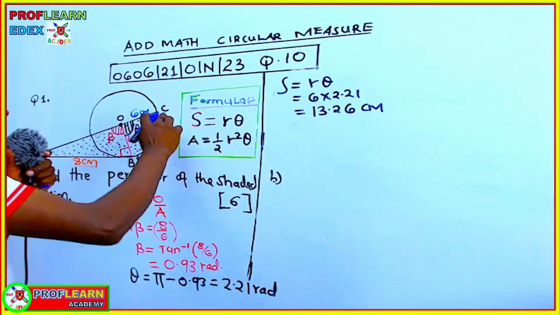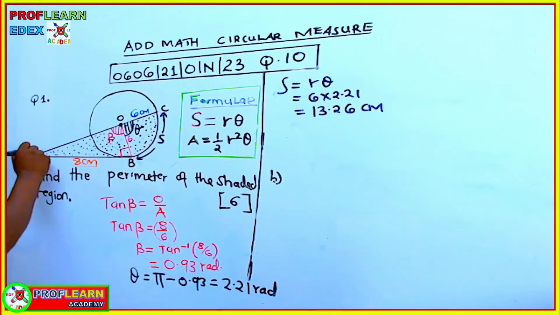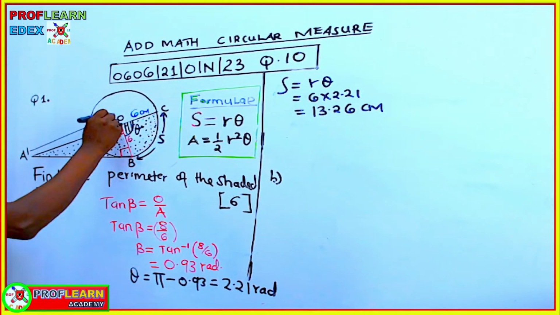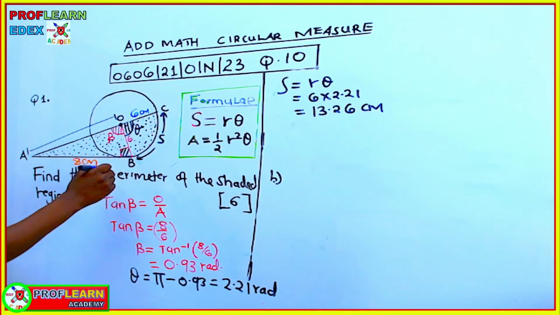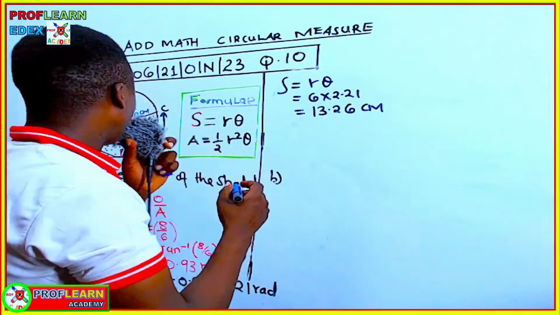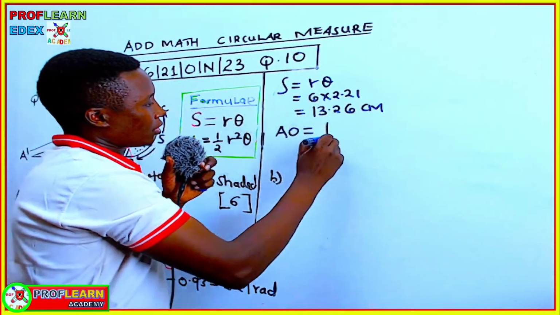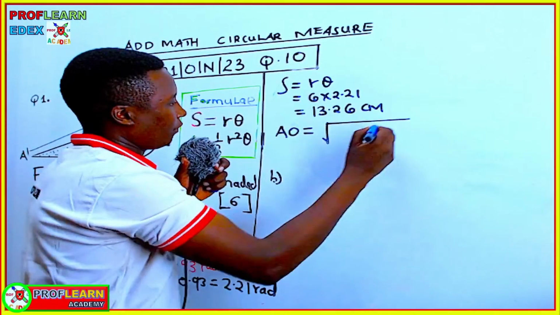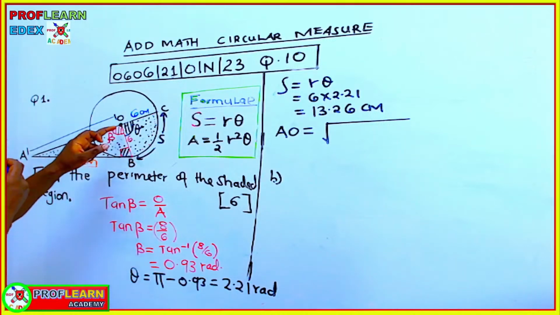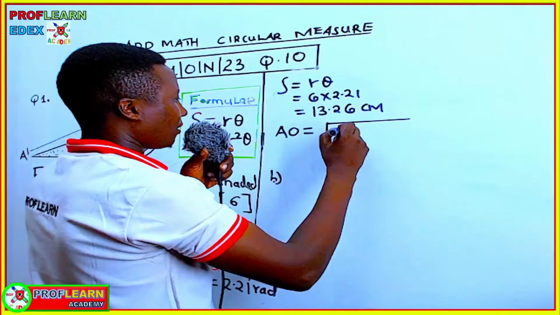That is now this particular part. So next we need to know what is the length of AO. Remember, this is a right-angled triangle, so we can use Pythagoras theorem in order to work out AO. So AO is equal to the square root of, this is a shorter side, this is a shorter side, so AO is the hypotenuse, so this is going to be 6 squared plus